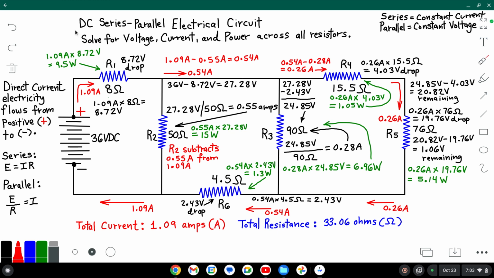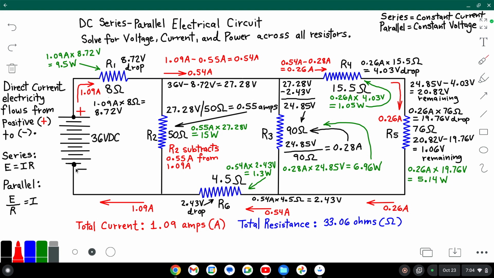So in this video, we are going to solve a DC series parallel electrical circuit, solving for voltage, current, and power across all resistors. It should be known that with DC, or direct current electricity, electrons flow from positive to negative. So we always start from the positive terminal and trace the electricity flow, which will initially flow on the series pathway where R1 is, and then flow down to R2